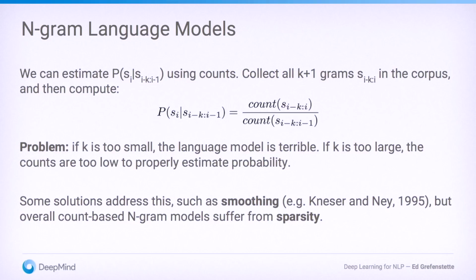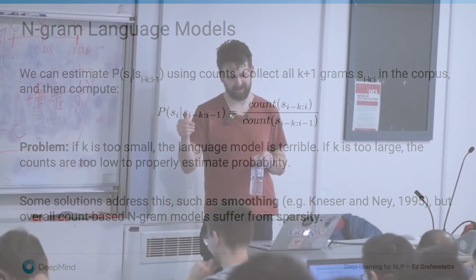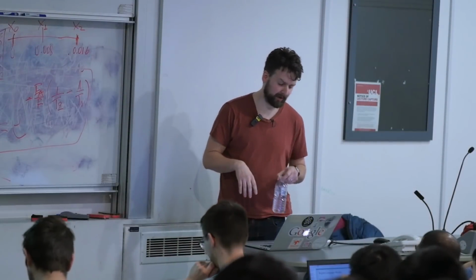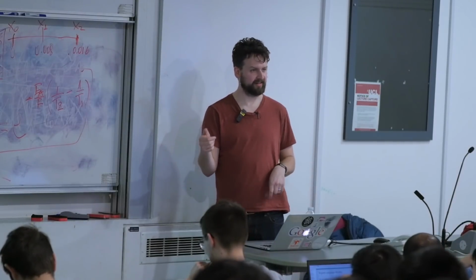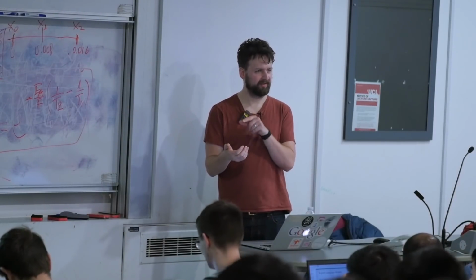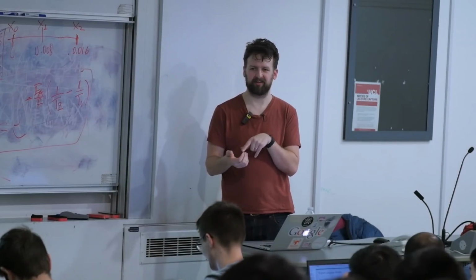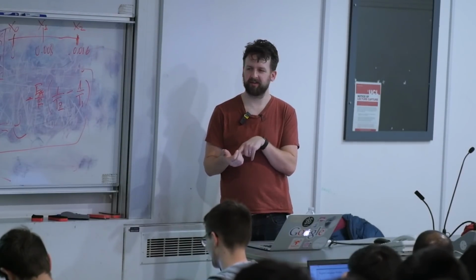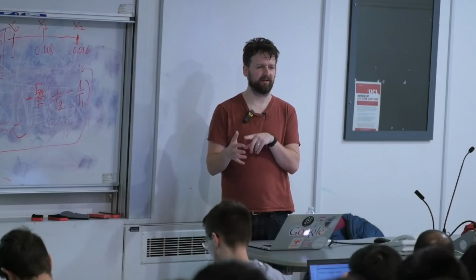So the problem with this approach is that it's very sensitive to the order of our Markov assumption. If k is too small, then the language model is terrible. Trivially, everyone calls this iPhone poetry or something, which is frustrating to linguists who have had this idea since the 50s. But if you have predictive text and you just predict the next word, you can generate vaguely sensible sentences of English. But you quickly notice when your